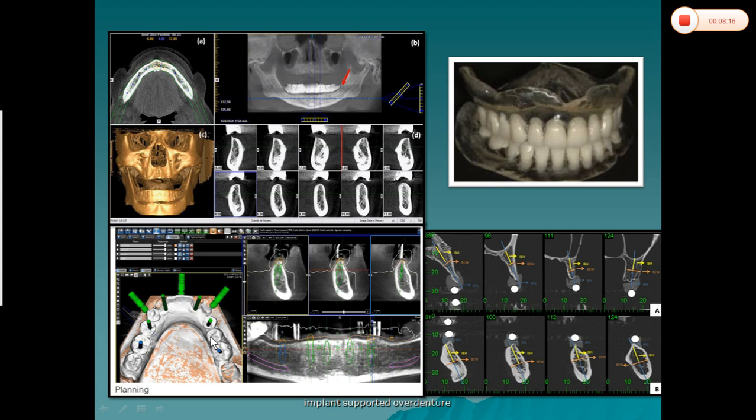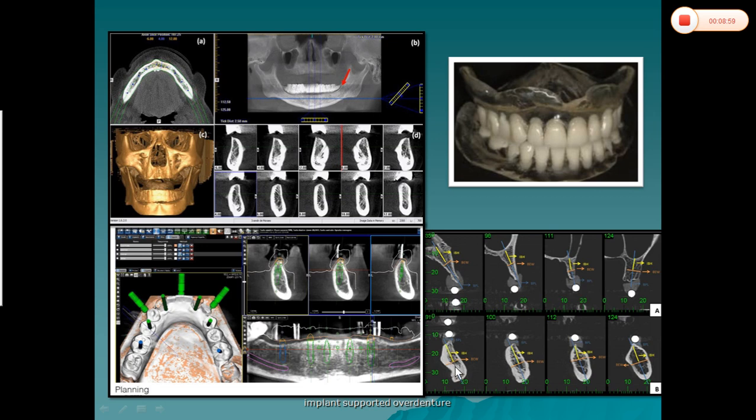Okay, so wherever we determine to place an implant, let it be in the premolar or in the lateral incisor region, there we will place a radio-opaque marker such as a gutta percha point or any ball insert. Then CBCT will be taken. When you take CBCT, in the radio-opaque area or the region where you want to place the implant, that will be sectioned, and they will give a clear image.